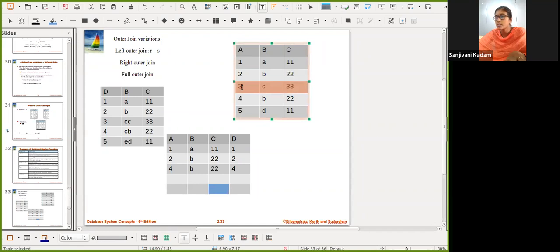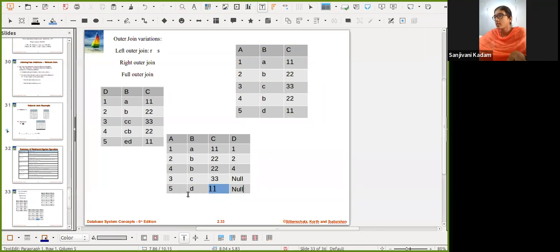So I will add this. These are the values for A, B, C. So A, B, C, this will get a value. The next, this is a value for the 5, D and 11. So this value also, I cannot find a matching. Again, we perform a matching. So now, for the D, I don't have an equivalent value. So it will add a null here.